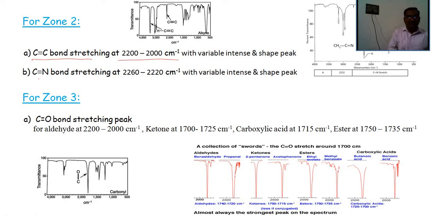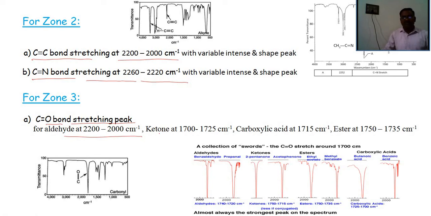The C triple bond N stretching is at 2260 to 2000 per centimeter with variable intensity and sharp peak. In zone 3, the carbon oxygen bond stretching peak for aldehyde is at